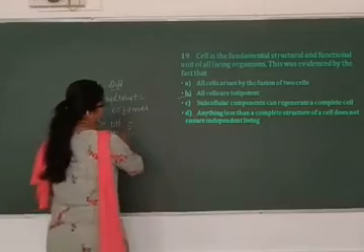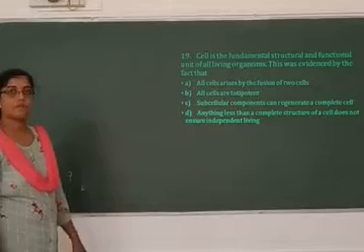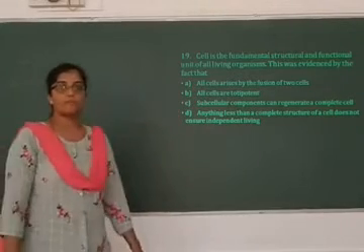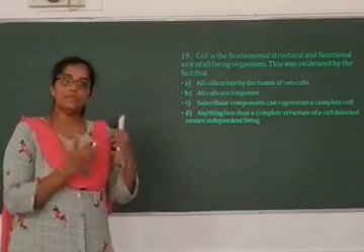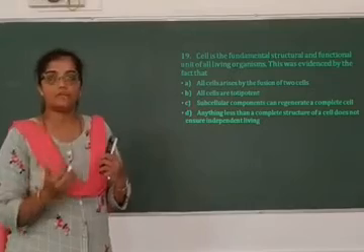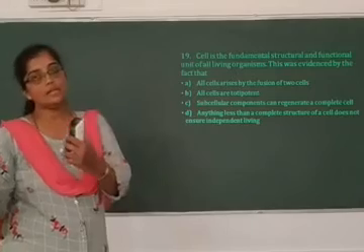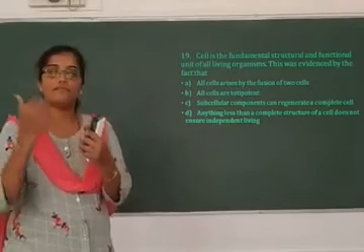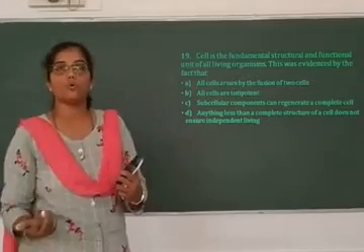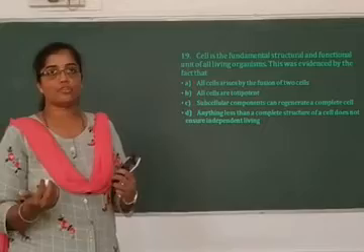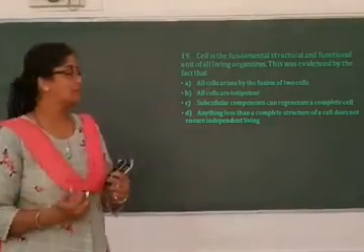Cell is the fundamental structural and functional unit of all living organisms according to cell theory. That was given by Schleiden and Schwann. So, what does the statement mean? All the living organisms are composed of a fundamental structure which is called cell. And we have unicellular and multicellular organisms. The fact that unicellular organisms can survive on their own itself is a proof that the cell is a fundamental structure of any living organisms.